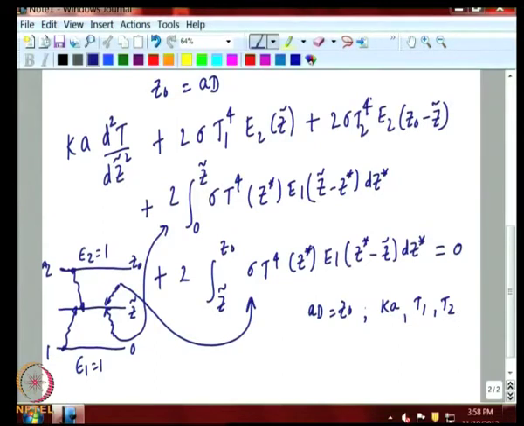So, let us say you are interested in solving for 10 different Z0s, 10 values of Ka, 10 values of T1, 10 T2, then you can see that you have to solve the problem about 10,000 times. So, in spite of the large computing power you might have, this is a lot of exercise, and not only will it take time to solve so many cases, then you have the challenge of interpreting the information in a suitable way.